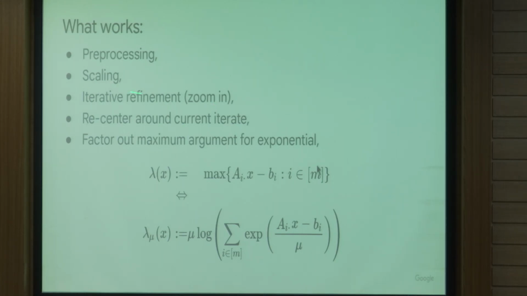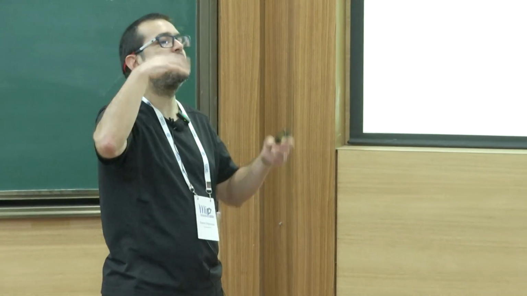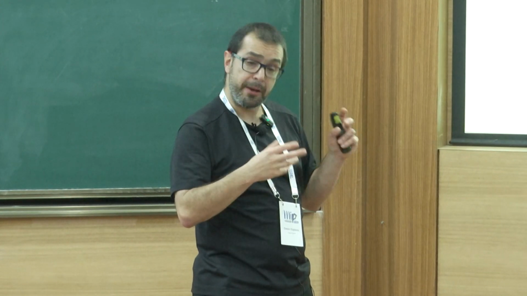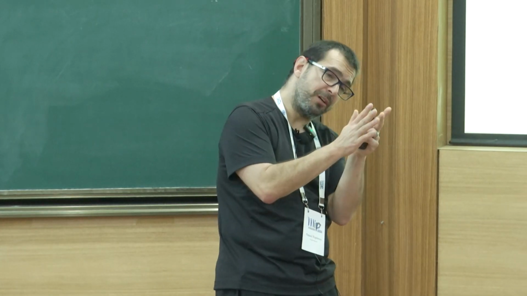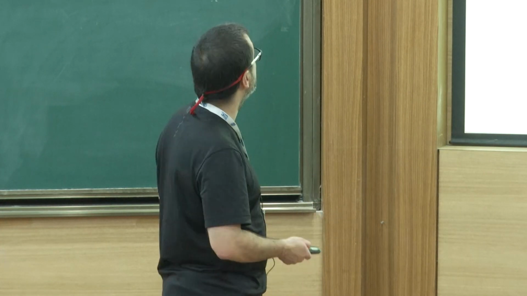Scaling and iterative refinement, zooming in. What I mean about this: these are exponentials, and exponentials are tricky functions, and floating points are far away from being real numbers. So if you have big right-hand sides and you are moving a little bit here and there, your floating point resolution is just bad. But if you take out your current iterate, or you are close to being 0 in the iterate, all the numerics improve quite a bit. And also, if your epsilons are getting smaller and smaller and smaller, well, you can just zoom in. And working in the zoomed-in space, again, makes all the numerics much better.